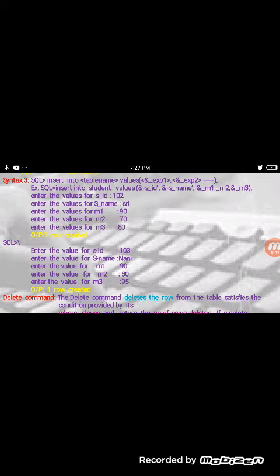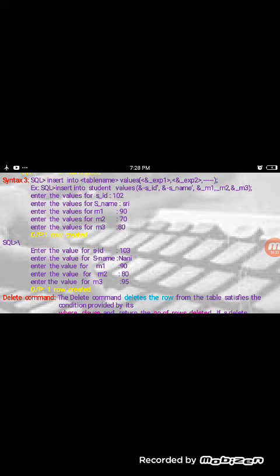In that example, I am taking insert into student values, ampersand SID, ampersand SNAME, and M1, M2, M3. Enter the value for SID: some number. Enter the value for SNAME.